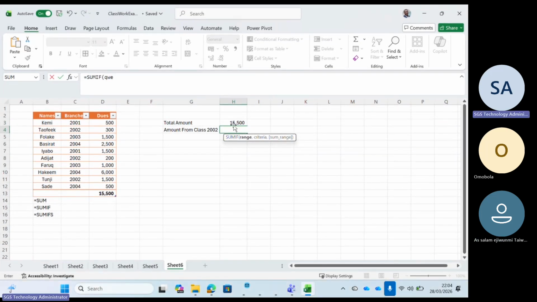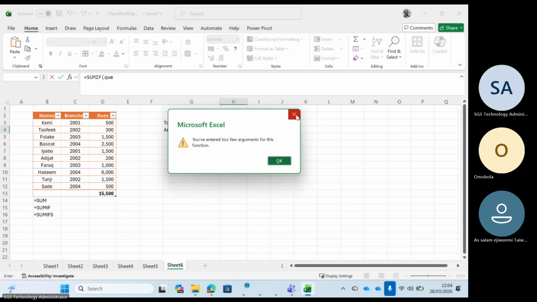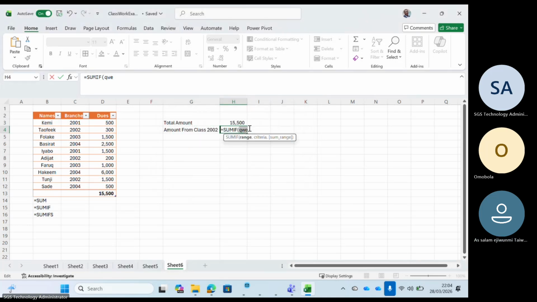Right. So this is a sum with condition now. Sum with if. Now you know how if works, and you know how sum works. We now want to do the two together. Sum, which range? I want to sum everything here, but the condition is that